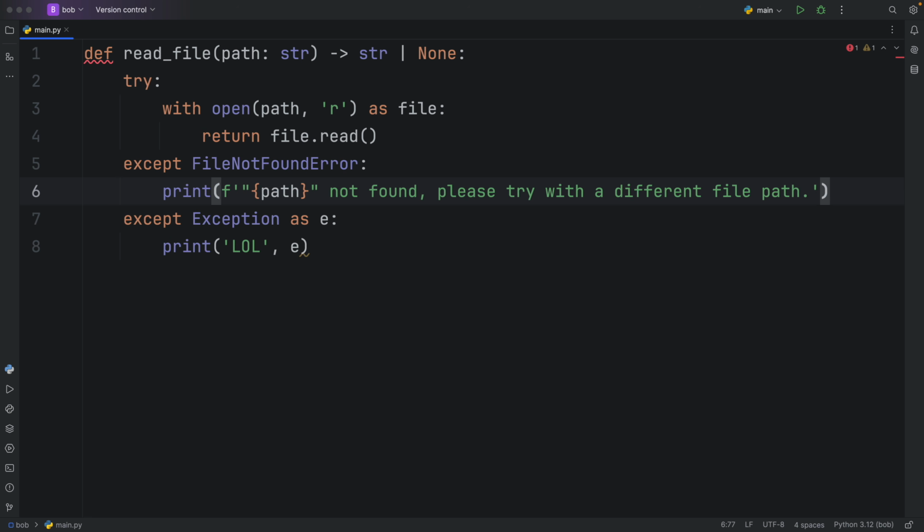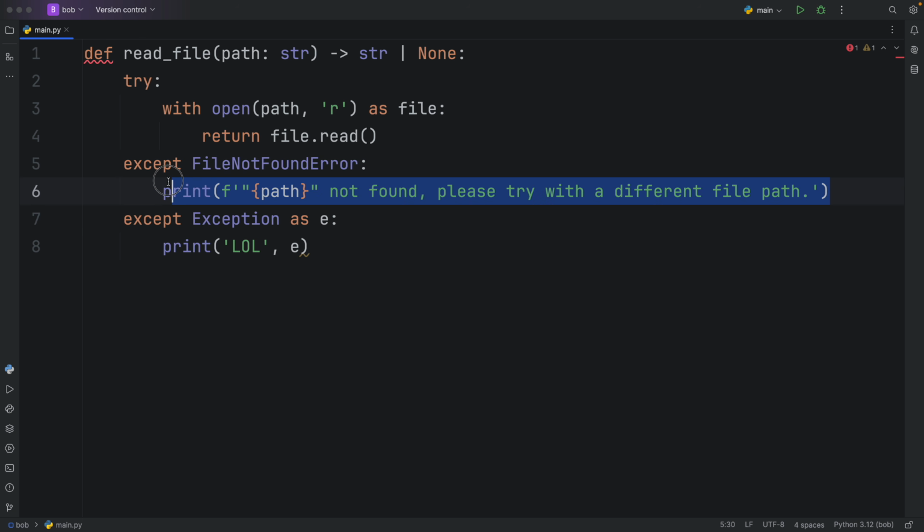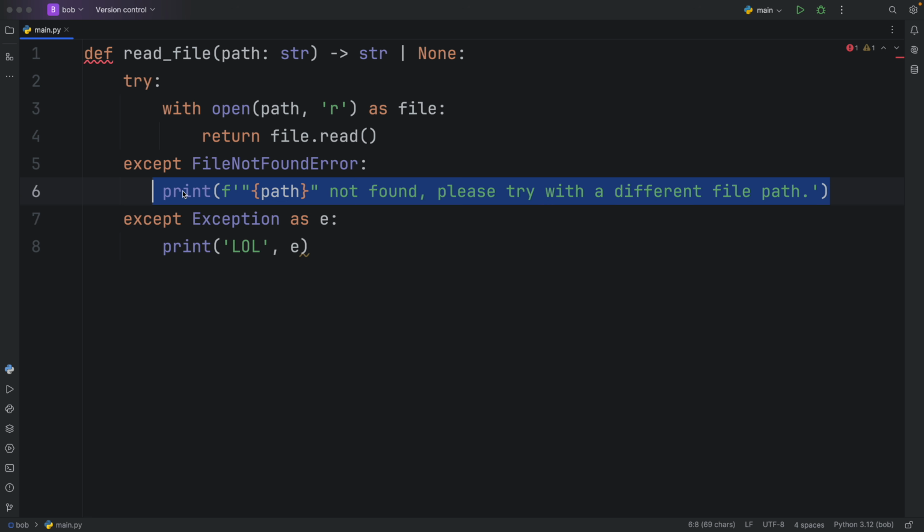Add the exceptions that actually matter, such as a file not found error. This is specific. This is something that actually can go wrong in this try and except block. And here we're actually handling it the way we need to handle it. I mean, using a print message is also a noob mistake. You should use some sort of logging, but for this video, I'm just going to be using this print message